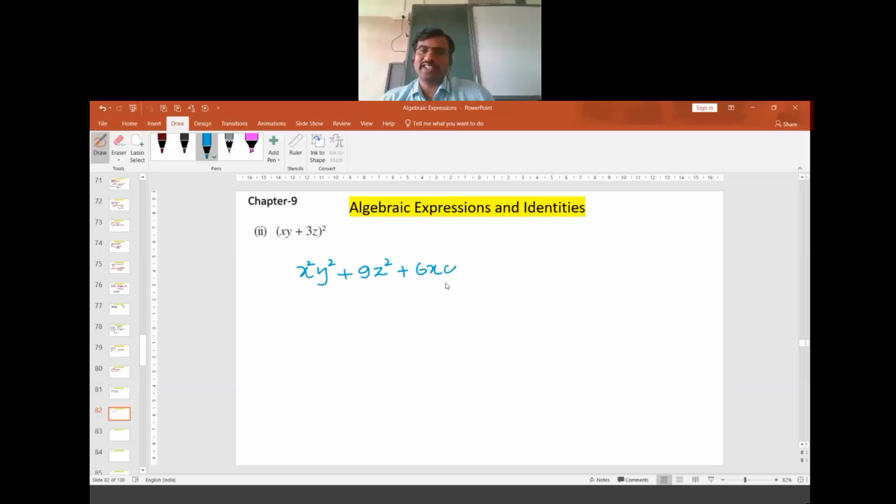Sir, it is not x square y square, it is only xy square. It is like this, xy whole square. It is the same as x square y square. If you write xy square, it will be wrong. The square is done to both x and y. So to avoid confusion, I have just removed the bracket and written it as x square y square. Now you can ask doubts if you have.